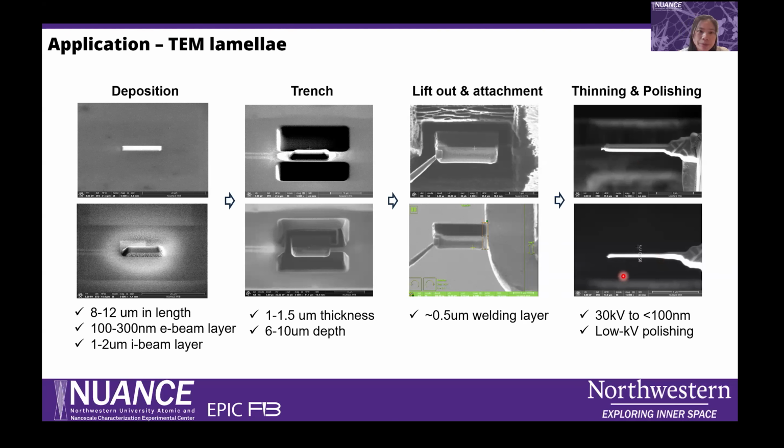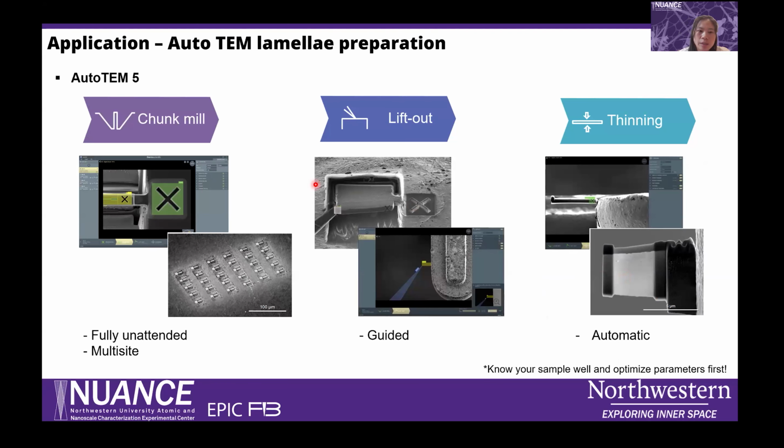So it's a complicated process, but AutoTEM 5, this software, will go further because it saves our time and energy. It separates the steps into 3 parts: the chunk mill, lift out, and thinning. The chunk mill can be fully automatically conducted by the software, and it can do multi-site processing. For the lift out, you just need to guide the software to where you want to locate your lamella, then it will